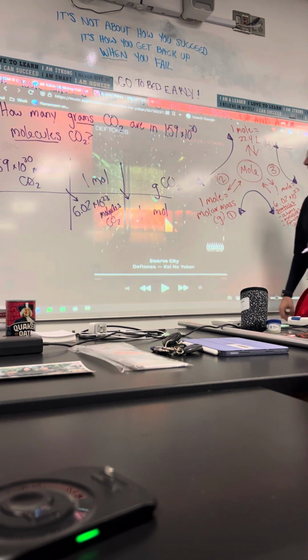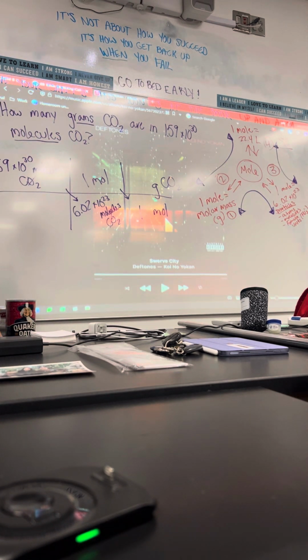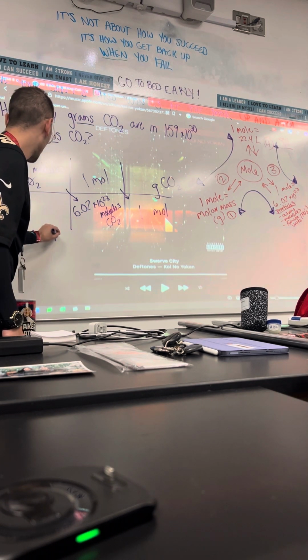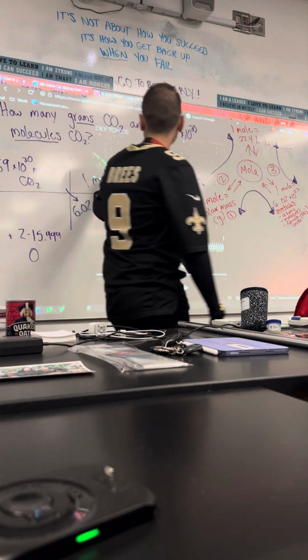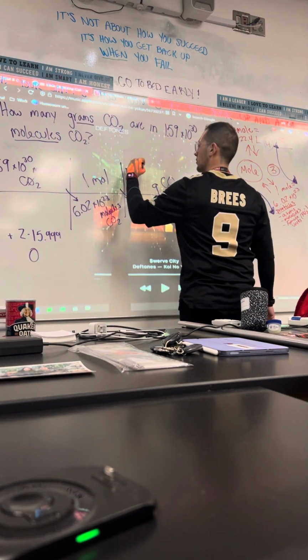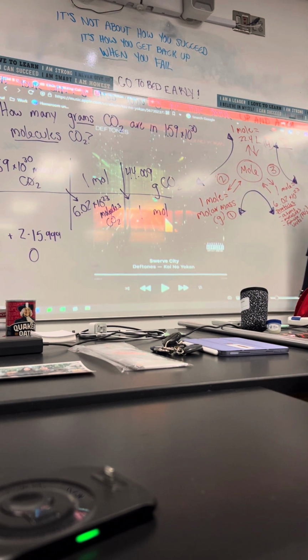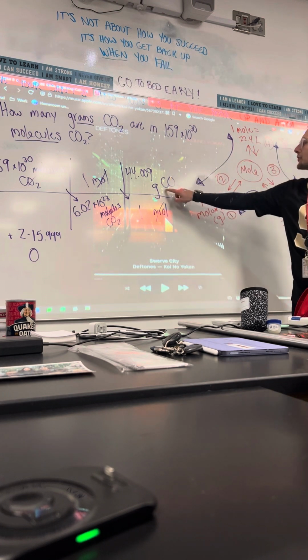So as a reminder, in order to get that molar mass, I'm going to do 12.011, which is carbon, plus 2 times 15.999, which is oxygen, and there are 2 of them. I get that molar mass, and that brings me to 44.009. Now that I've done that, moles will also cancel out, and my final answer is going to be in grams